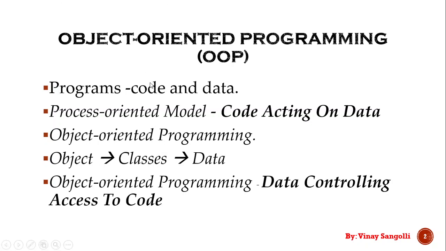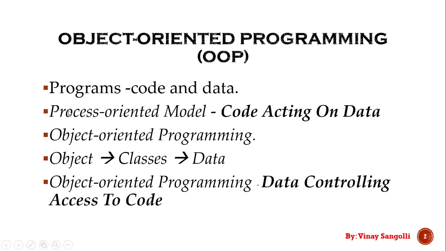In simple words, if you take the example of an addition, the plus symbol is the code, and the two numbers which you are adding are the data. When we combine these two, we come across a program. The basic prerequisite of Java is that you should know what is object oriented programming. Assuming you already studied C and C++. If you don't have much knowledge, it's okay, we will try to cope up with it.